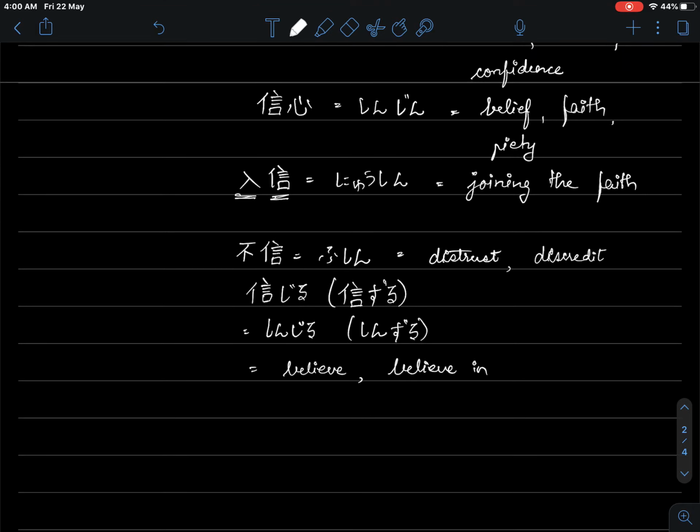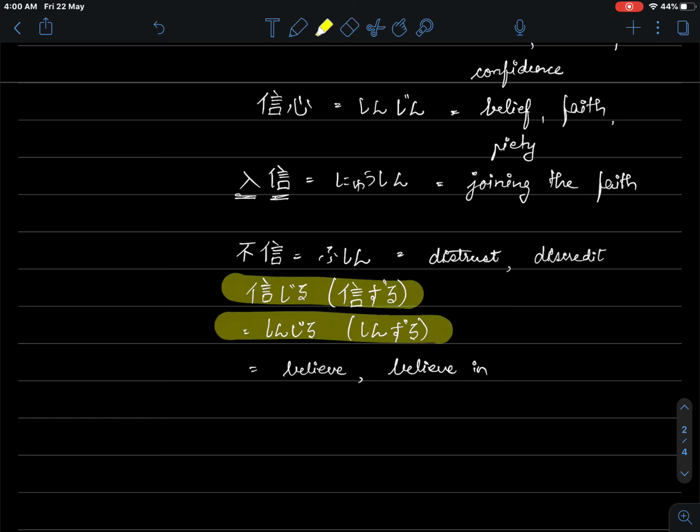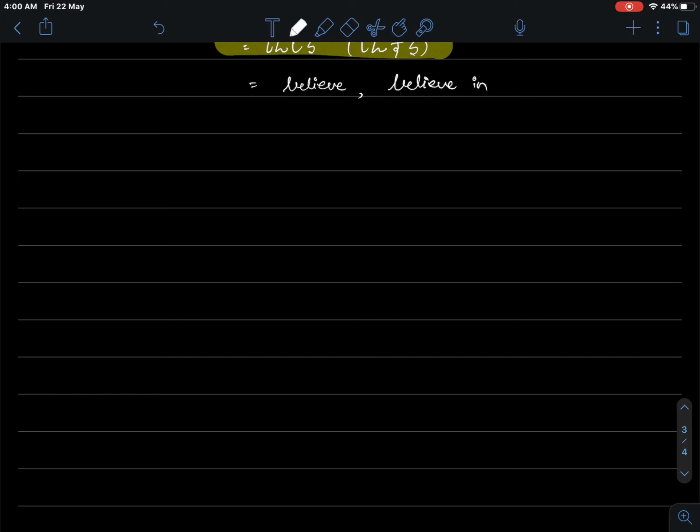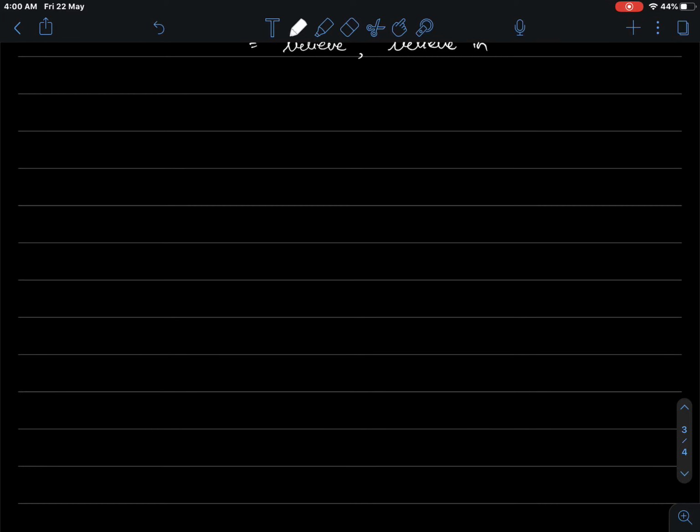You could almost say that this shinjiru kind of functions like the kunyomi itself. Kind of. So you can look at a dictionary and you'll be able to find these words coming up. So this is one good use of it. Okay. Moving on. We are done with this kanji, so we will move to the next kanji, which is kanji